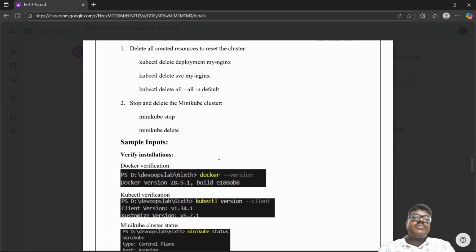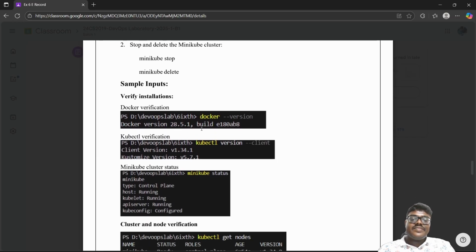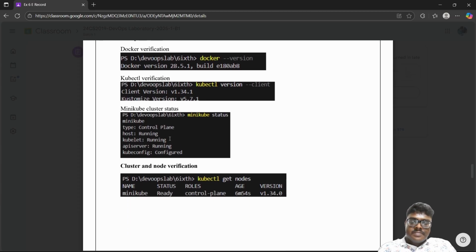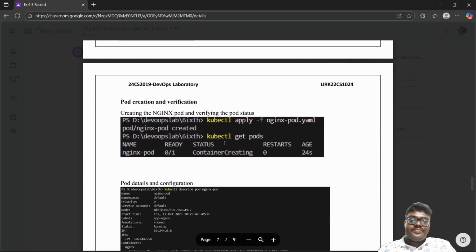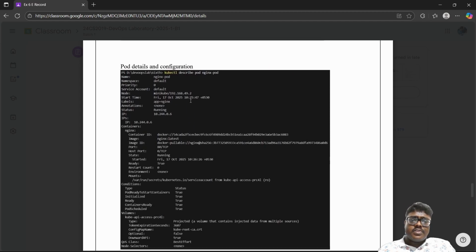And for stopping Minikube, we can use minikube stop and minikube delete. So we can see here how the verification process works: whether Docker is there or not, kubectl version is there or not, the Minikube cluster status, and then the verification that the nodes are running or not. We can see the nginx pod creation here, the pod details,